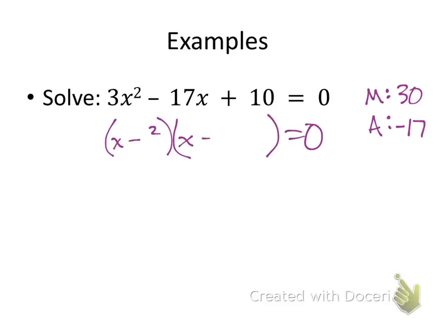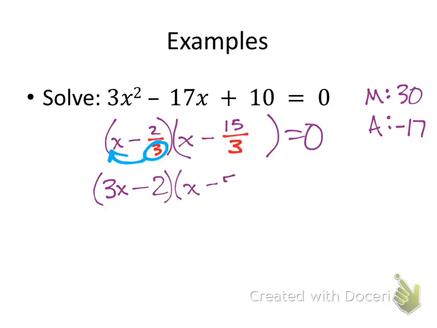We set up the problem. We have negative 2 and negative 15. I have them short because I'm going to put them over the leading coefficient. So put them over 3. If it reduces to an integer, you're fine and you leave it. But because the first case does not, we're going to take that denominator and put it as the leading coefficient. The second does turn into an integer, so I don't have to worry about bringing any bottom up. And we can quickly make sure that at this step, it checks out. If you took 3x times x in your head, it should check out to be 3x squared. If you took 3x times negative 5,